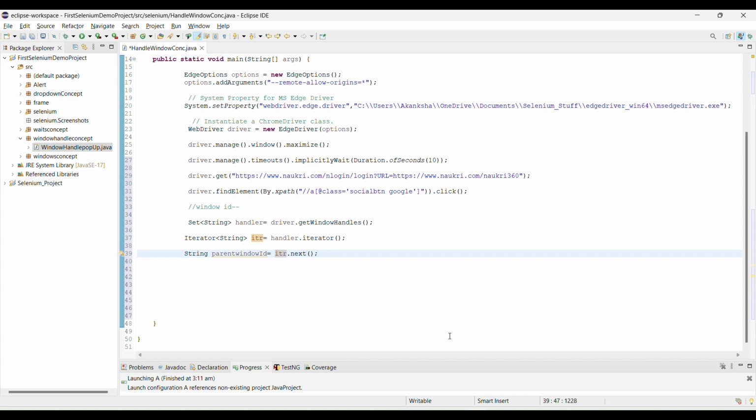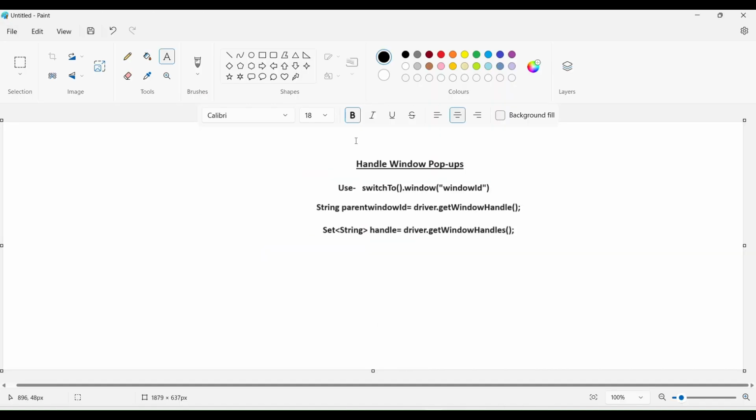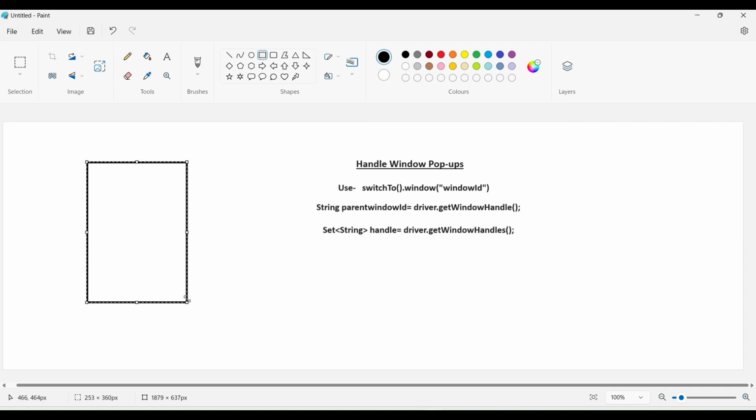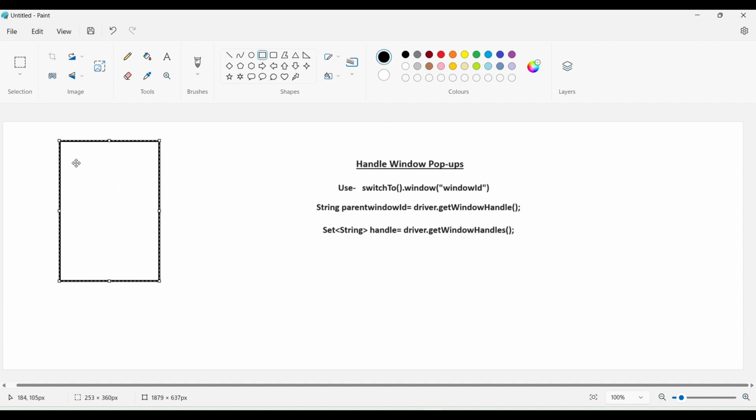So guys, one second, I want to explain one thing. We have a set of string values, right? We have multiple windows. This is the first window, this is the second window, and the third window.